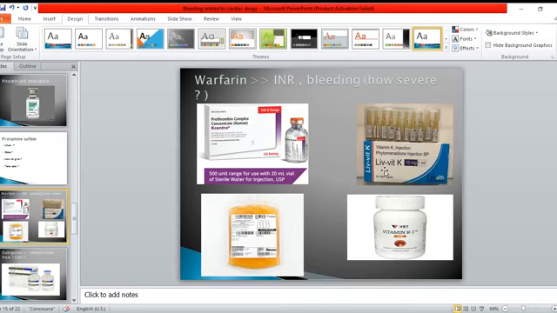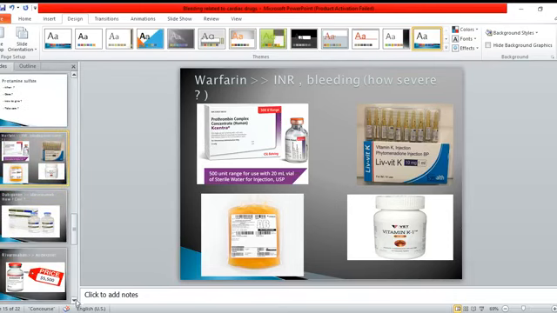Always give it slowly IV. If there is difficulty giving an IV infusion, you may give it subcutaneously, or you may use oral vitamin K, of course, unless there is a contraindication for oral intake, like upper GIT bleeding, something like that. So in a major bleed, fresh frozen plasma or prothrombin concentrate, and prothrombin concentrate, of course, is the priority.